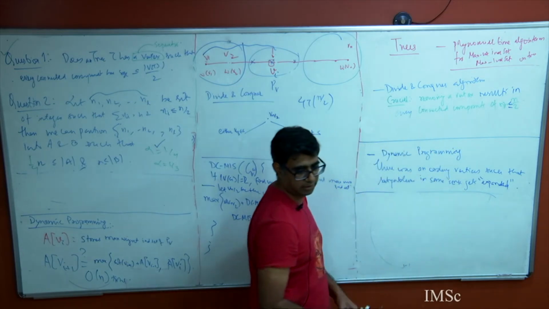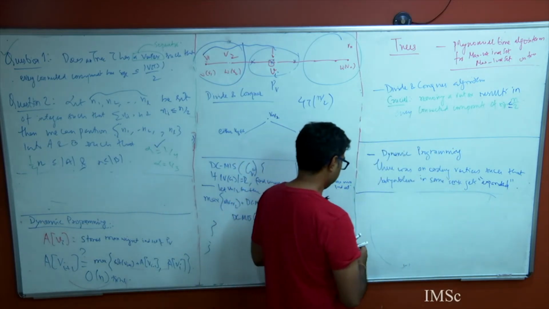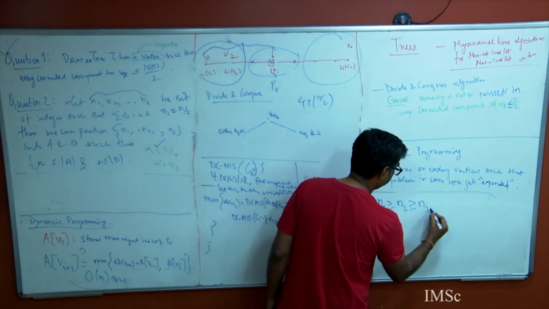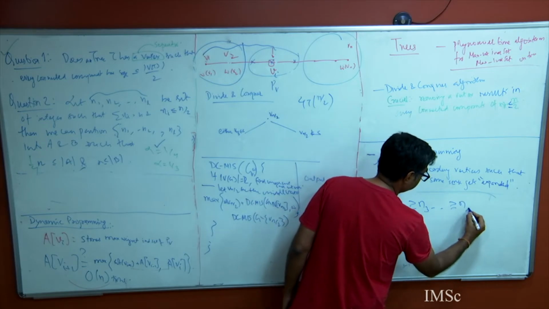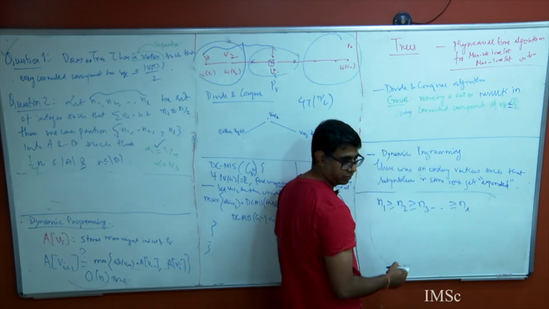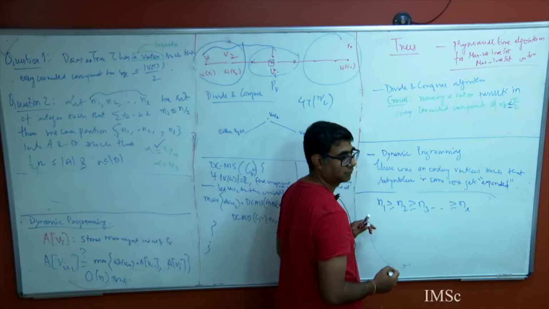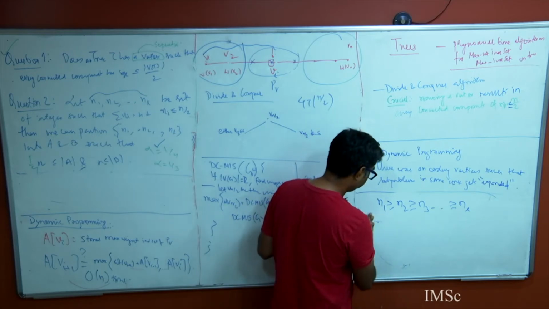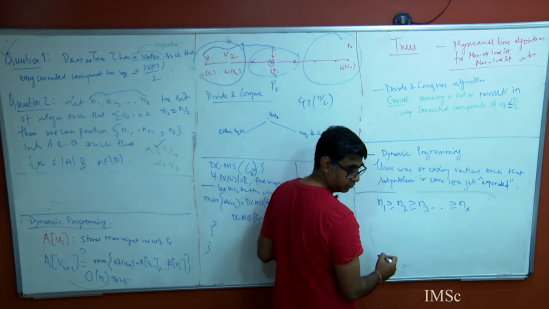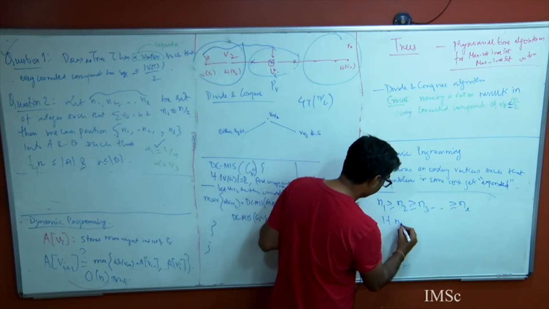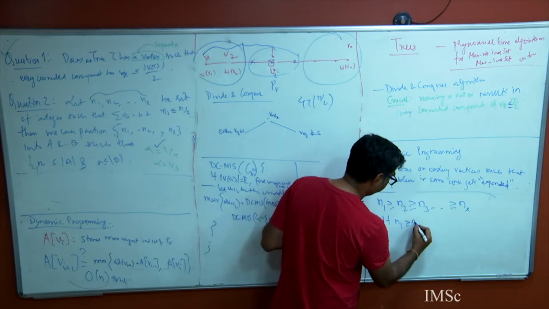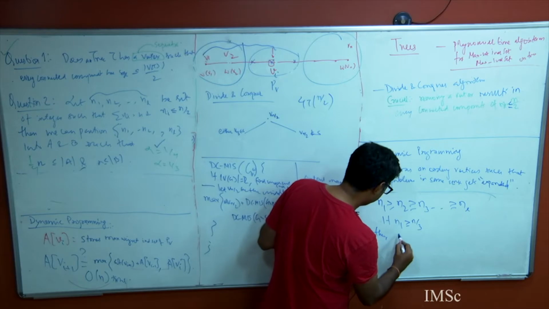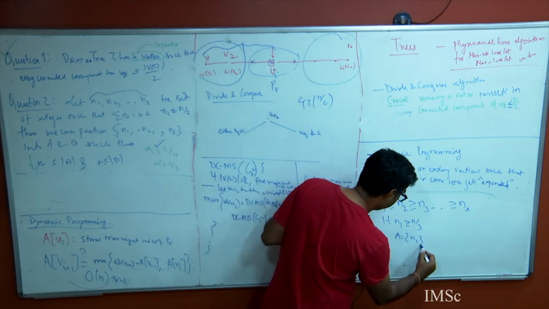Now I do slightly differently. Okay, N1 is greater than or equal to N2, greater than or equal to N3, dot dot dot, greater than or equal to Nn. So I have done the opposite now. Let this be the highest. If N1 is greater than or equal to n by 3, then A equals N1,